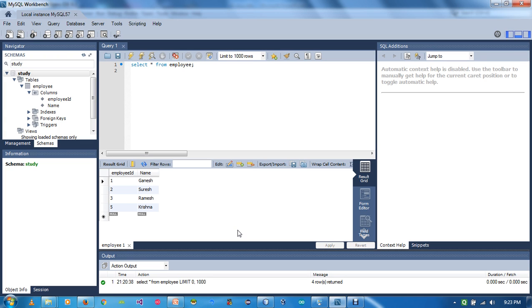Up to now we have seen the sample code base of the JDBC using type 4 driver. So today we will see the actual code and how it works on NetBeans.